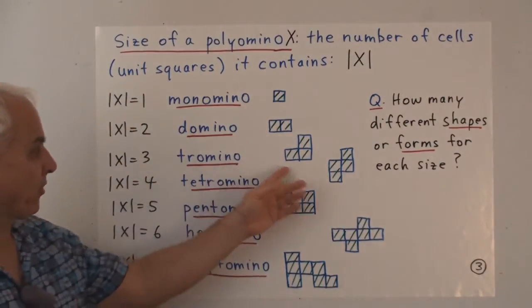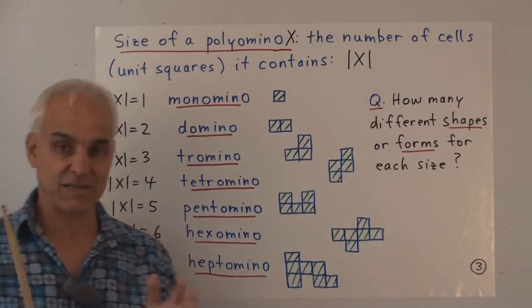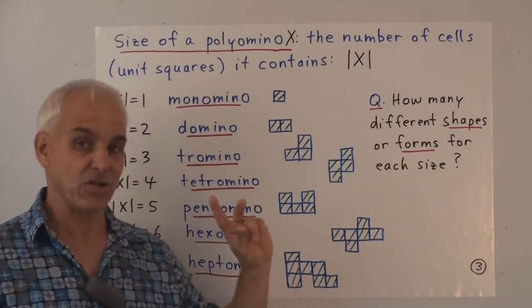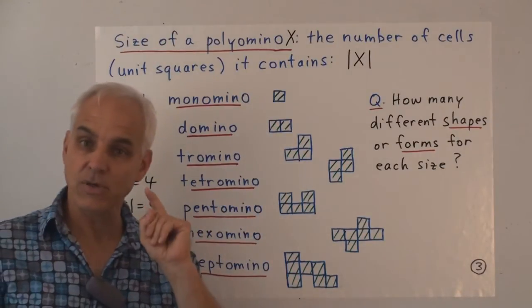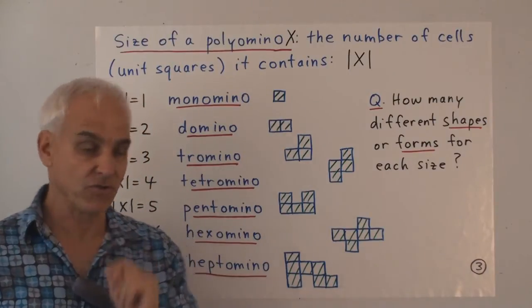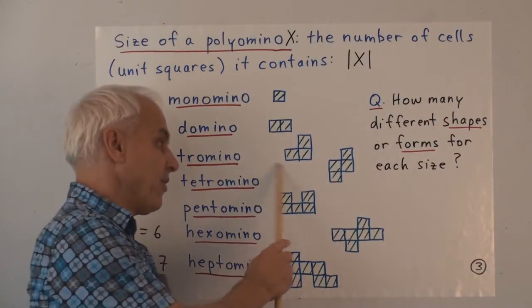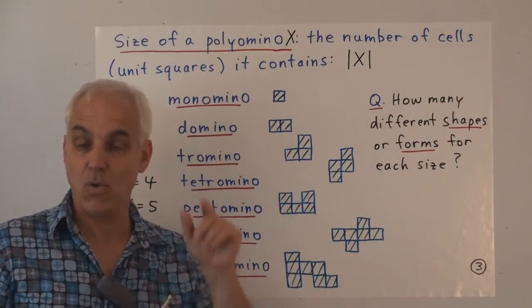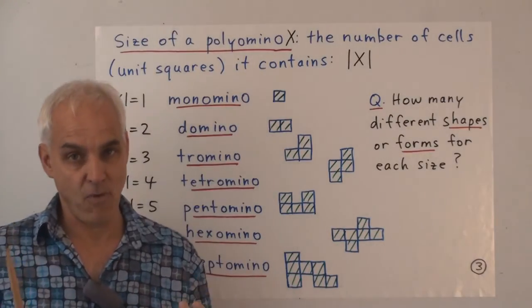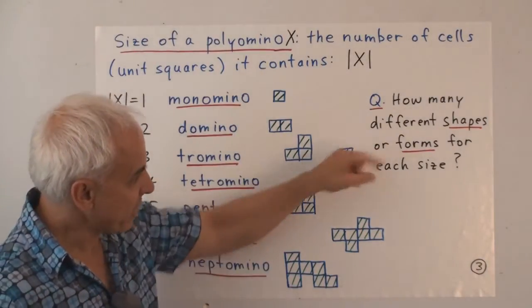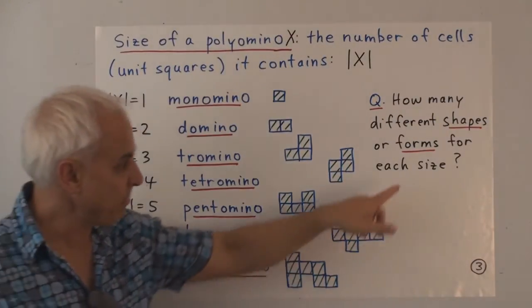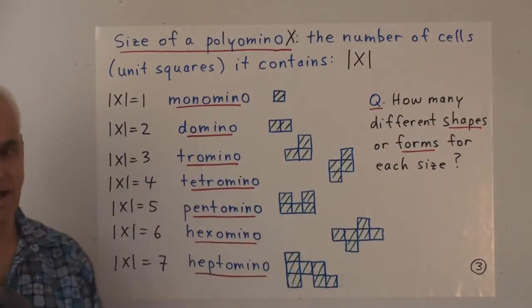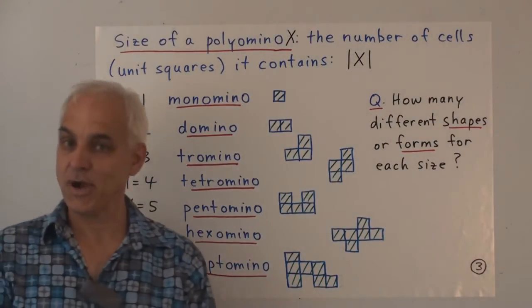Remember, for the triminos, we saw that there were 6 possible different shapes, because if we rotate this, we say that it actually has a different shape. But there were really only 2 possible forms for a trimino, namely this one here, or the one that we get by a rectangle, a 1x3 rectangle or a 3x1 rectangle. They're the same form. So one of these questions is a little bit easier than the other. The simpler question is to ask, how many different forms are there for each size? And that's a pretty interesting question.